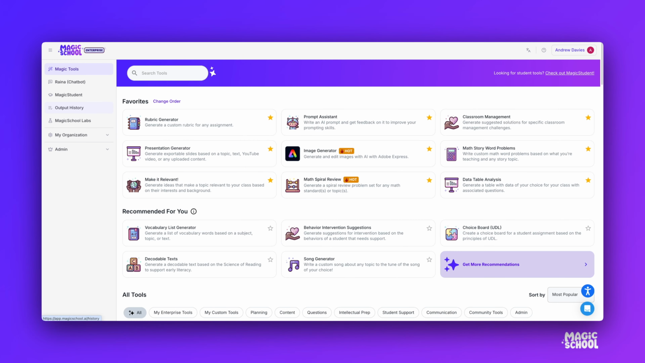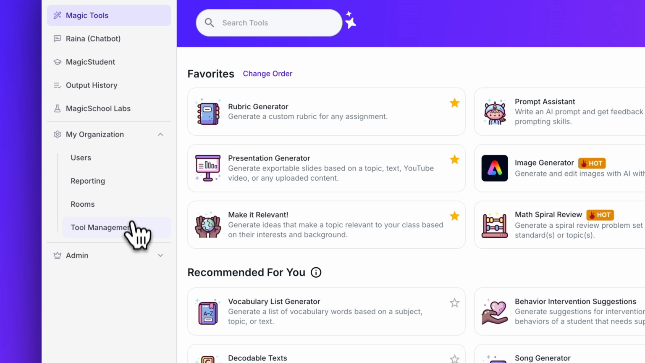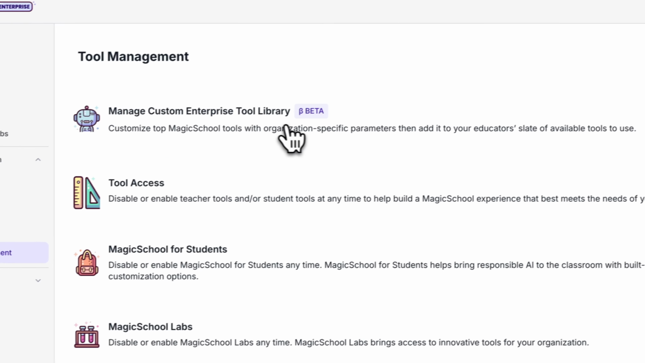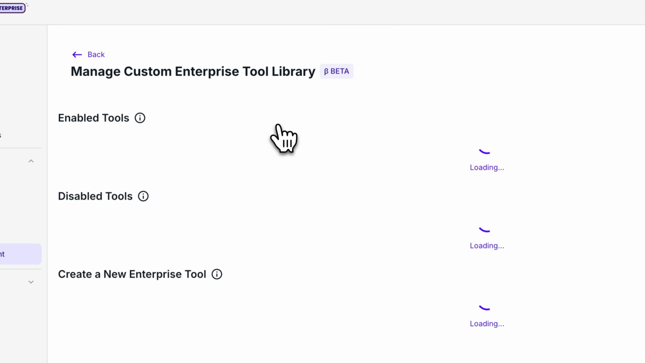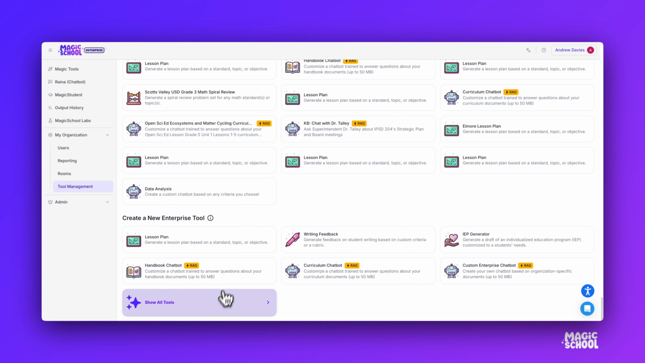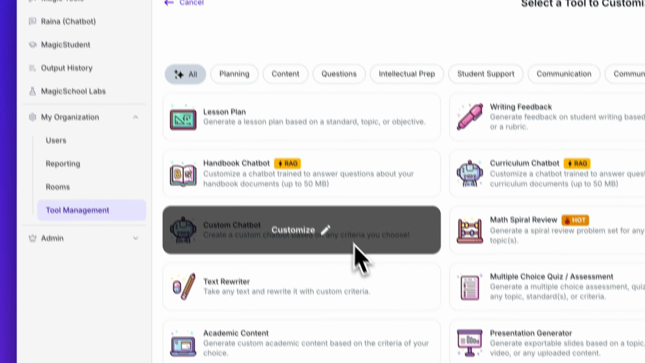Okay, so the first thing I'm going to do when I get to MagicSchool is go over to the left side, click on My Organization and go to Tool Management. Then I'm going to go to Manage Custom Enterprise Tool Library. I'm going to scroll all the way to the bottom, go to Show All Tools, and then I'm going to create a